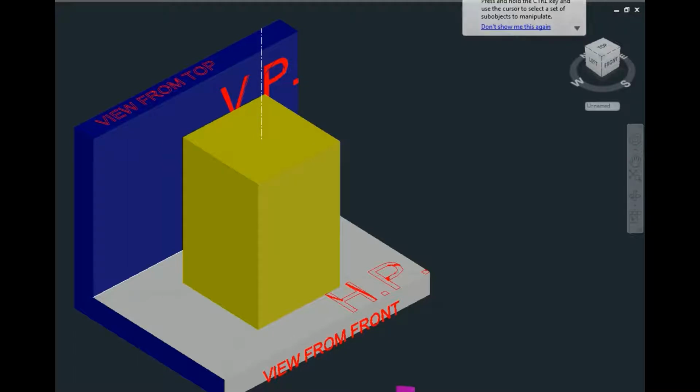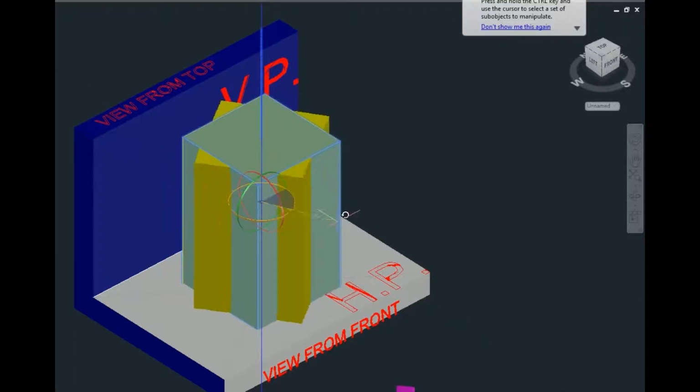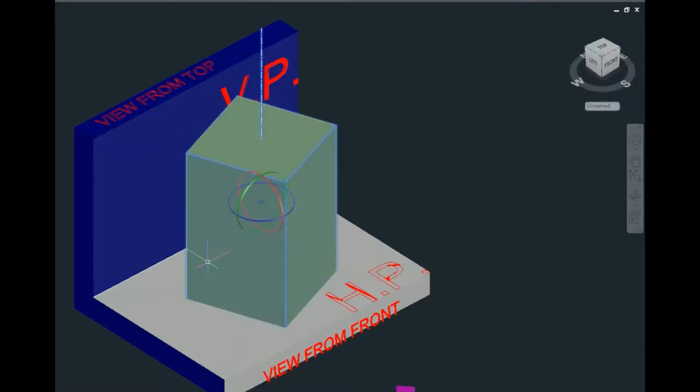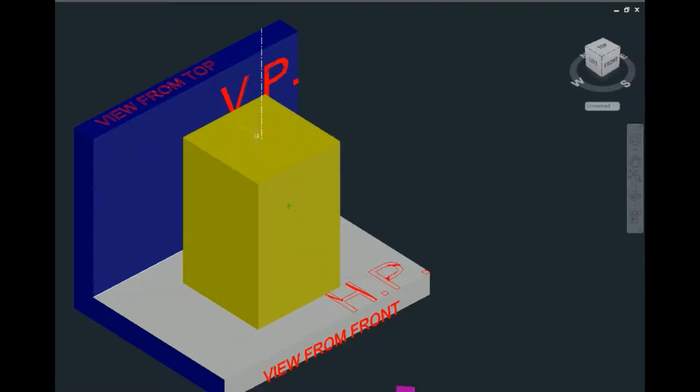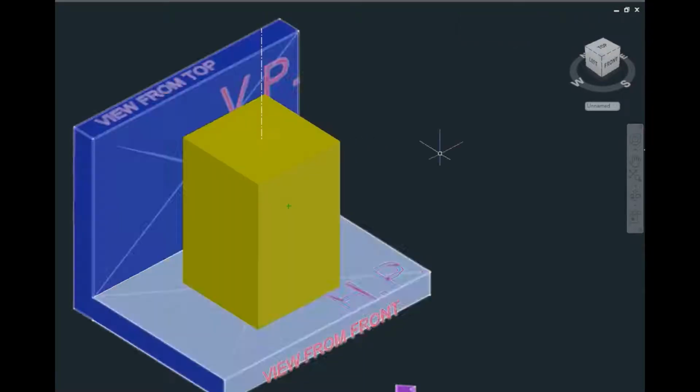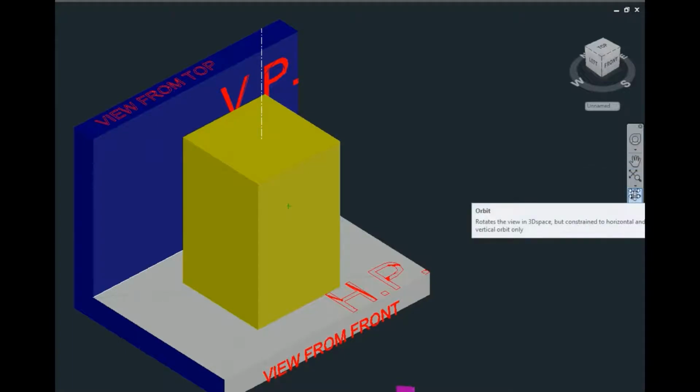But here you can observe that I can place this square prism in this fashion. Like I am rotating it, I can place this in this way also. I would have placed in this way also. But in the given question, it is clearly mentioned that one of the rectangular faces is parallel to VP. What does that mean? So first I will make that parallel. This rectangular face is now parallel to VP.